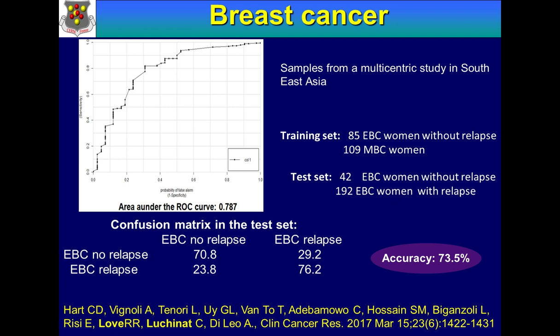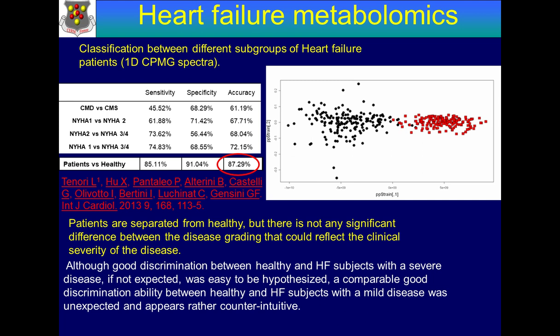And this study was later validated on a larger cohort, which was very heterogeneous, from different hospitals in the Philippines and Vietnam and Bangladesh and a couple of countries in Africa. And the prediction was slightly lower, but still remarkable, accuracy 73%, which was somehow telling us that the predictor is robust enough to be further tested on larger cohorts and perhaps even adopted as an additional tool in clinics. As I said, accuracy is lower, but not that bad.